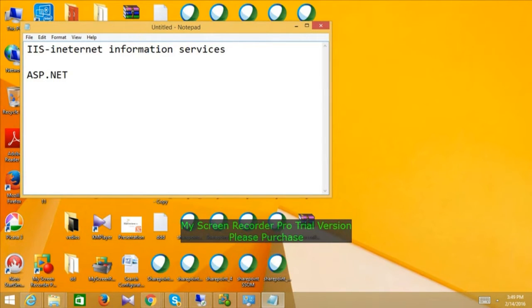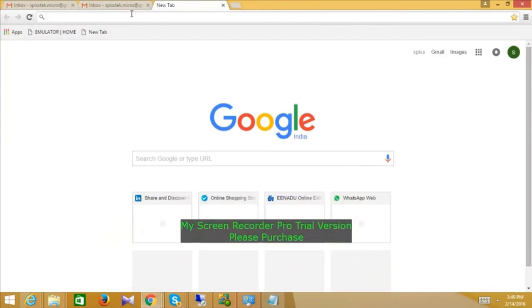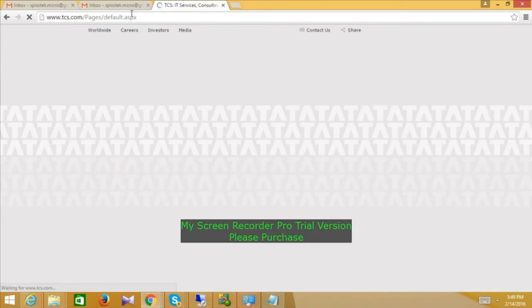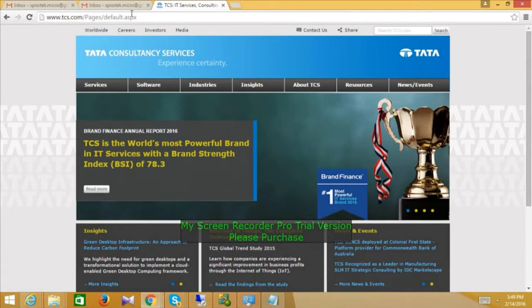Yes, if you develop the application using ASP.NET, manually we need to go and deploy it on IIS. Then only people outside will be able to access the site. Internal as well as external. I have developed an application using .NET, like tcs.com. I am able to access this site because I manually deployed it on IIS. Then only we will be able to access the site.